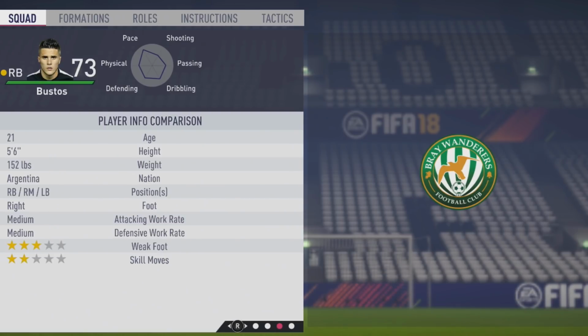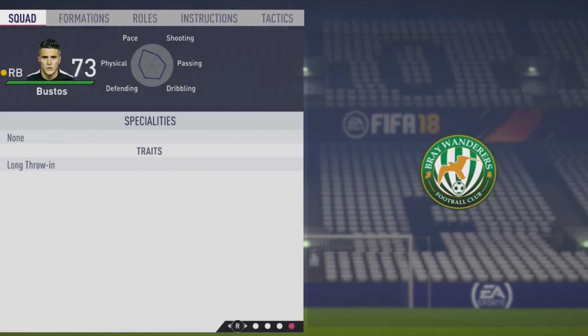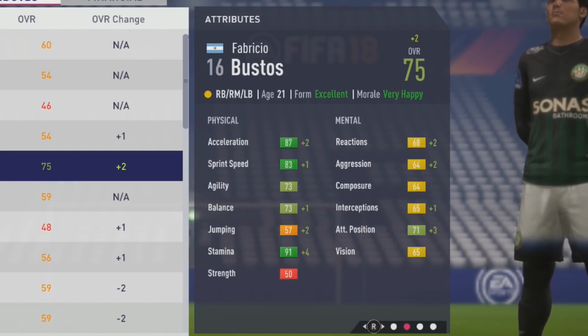And you'll take a look at his player information. So he's 5'6", right-footed, medium work rates, 3-star weak foot, and 2-star skill moves, and has the long throw-in trait there from the start. So a +2 at the end of that first season with some nice growth to the